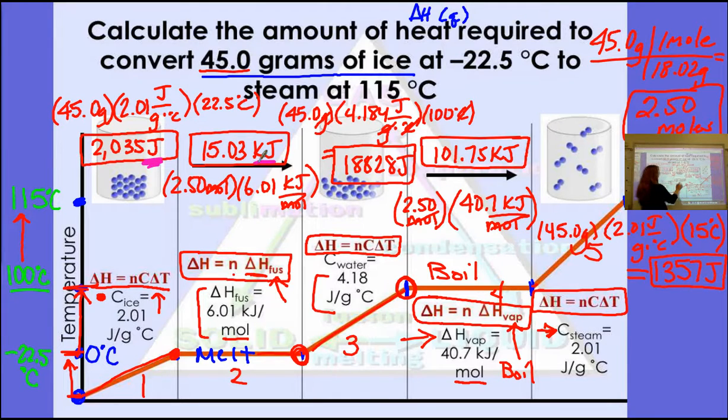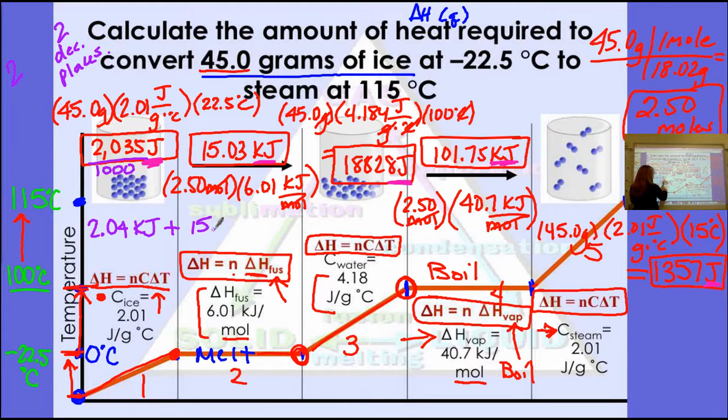Now, I have all 5 parts done, but what did we notice about the units? Joules, kilojoules, joules, kilojoules, joules. In order to add these all up, we have to convert them into the same unit, all 5 pieces. So if we convert them all to kilojoules, you just divide joules by 1,000, and let's keep 2 decimal places. This would be 2.04 kilojoules